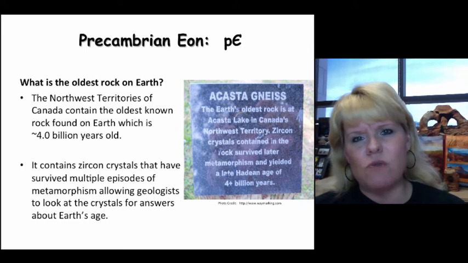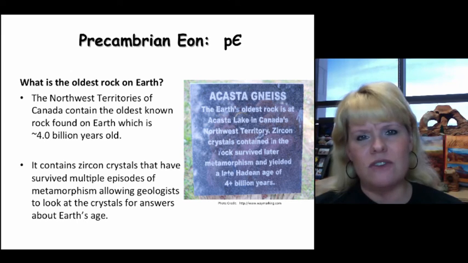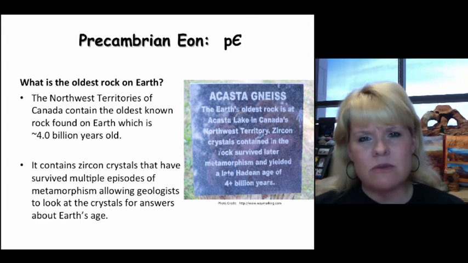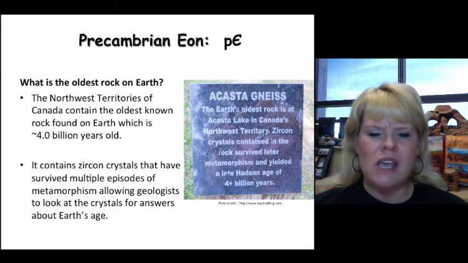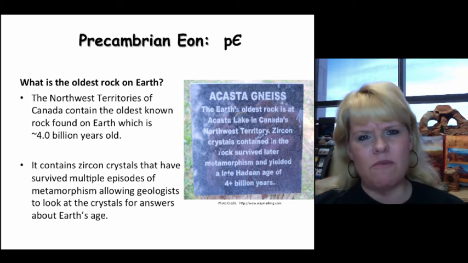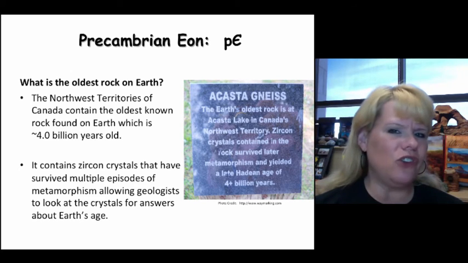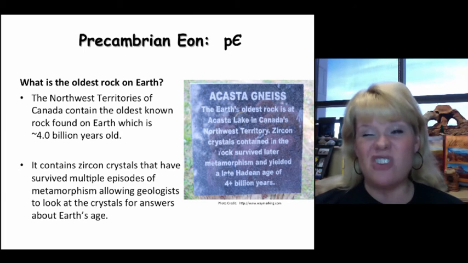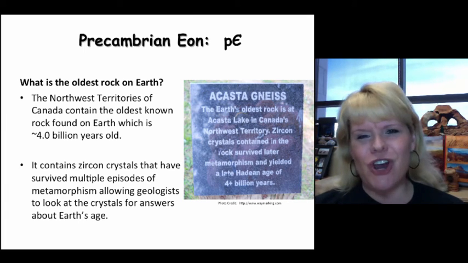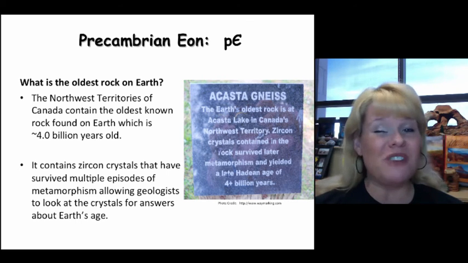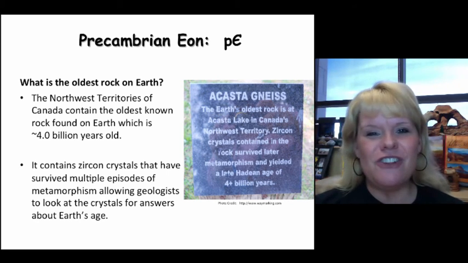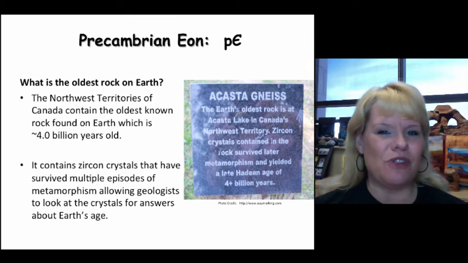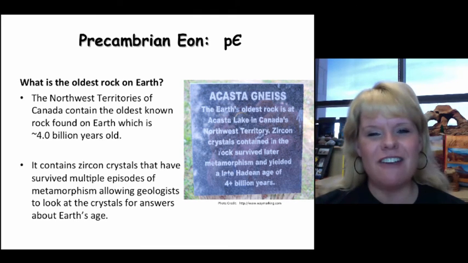Most of these have gone through many evolutionary changes in terms of series of metamorphisms, series of sedimentary changes, igneous changes, and so forth. So zircon crystals that have survived multiple episodes of these changes allow geologists to glimpse back into the Earth's history and kind of turn the clock back further to see what was going on. Here's what's really cool about zircons. Not only do they capture the metamorphic history, they kind of tell us when the first water came about. They tell us when the Earth actually crystallized to make a crust. They give us all these really cool clues that other minerals just don't.